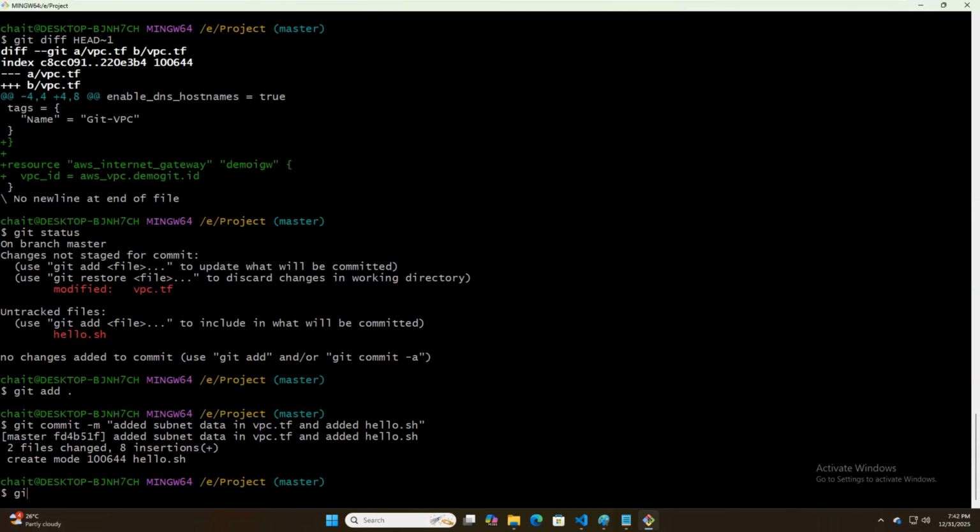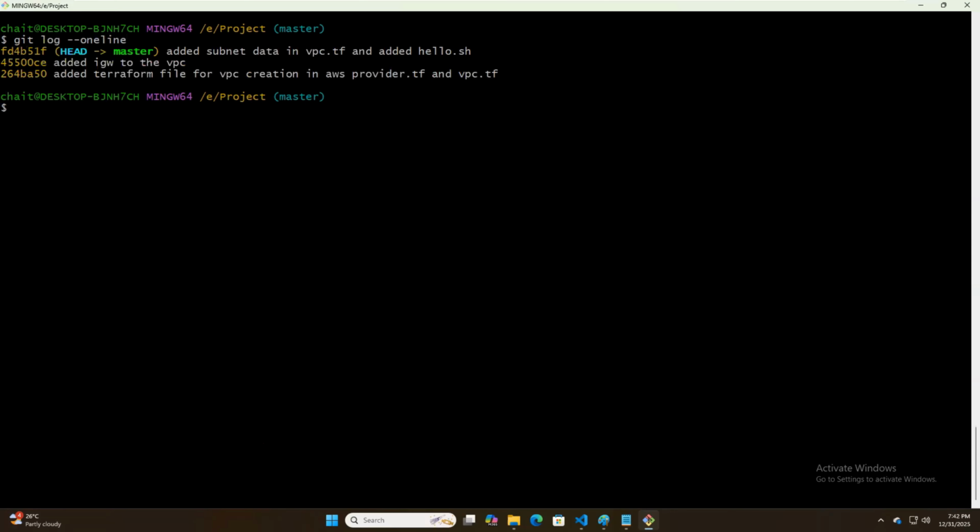So if you see git log --oneline, when I give this, what will happen? There are 3 commits. Right now the head is on the 3rd commit. It is pointing to the 3rd commit, and it is pointing towards the master branch. Now I want to see the data difference between the 3rd commit and the 1st commit. Between these two, I want to check the difference. So how can I check that? Simple. git diff